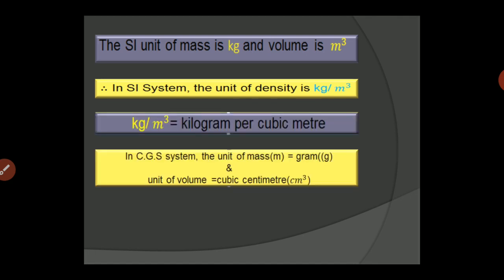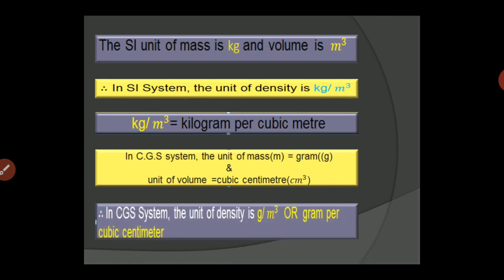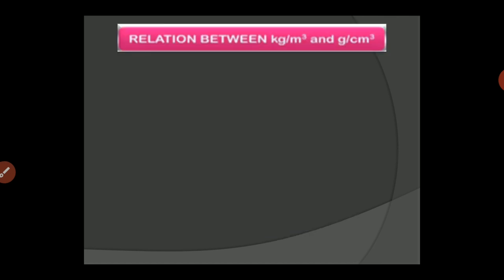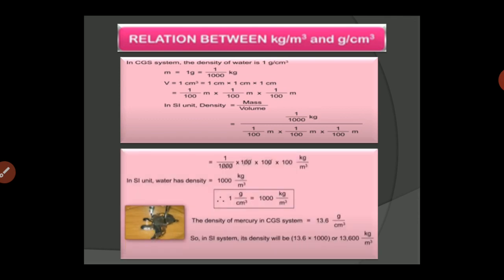Now what about the CGS unit of mass? It's gram, yes. For volume it's centimeter cube. So what will be the CGS unit of density? CGS unit of density will be gram per centimeter cube. Between kg per meter cube and gram per centimeter cube, children will be learning the index method instead of the method that is given in your book, which is in the expanded form. I expect all of you in class 8 know the index form.